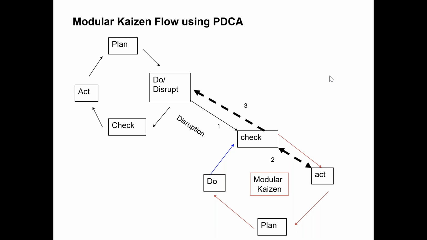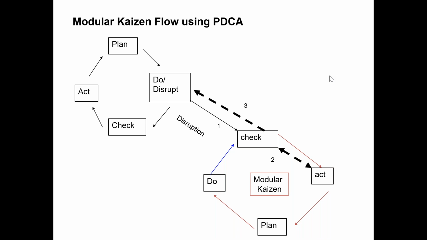Well, with modular Kaizen, as we go through that stage of piloting, or as the operator who is watching and monitoring the activity, the process that we're looking at, if they know so well what should happen in that process, and that's what we want to do in SOPs and work breakdown structures. If we look at that and the person sees what's going on and realizes that something isn't quite right, they are going to experience a disruption.